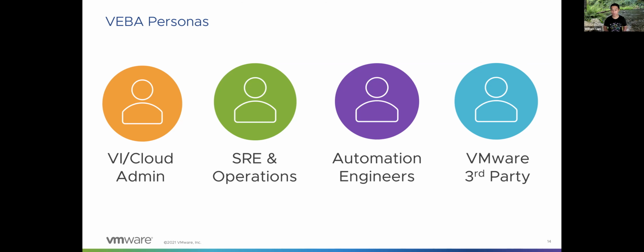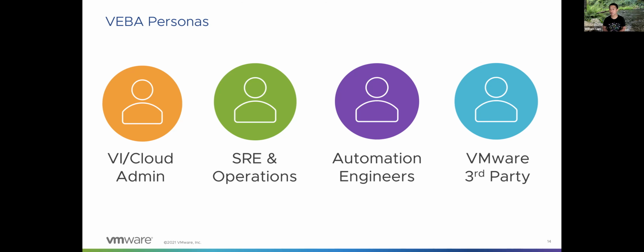and consume that automation. And lastly, there's a huge opportunity for our VMware third party. Like I mentioned, our second and third party solutions come in. Imagine a backup or a monitoring solution. You can now react to very specific VM lifecycle operations. A VM gets created, and you can automatically apply things like backup solutions, security hardening profiles, and monitoring profiles. It really gives you more value from these third-party solutions. There's a number of different systems that you can tap into, so the possibilities are endless, even from our third-party ecosystem.